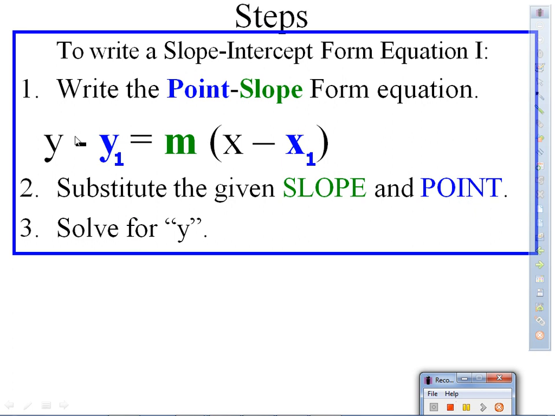So check this out. We need to make sure we remember this form because we are going to need it for the rest of the chapter and for the next time that you are just given a point and a slope. So check this out. Point-slope form is, everybody look up,